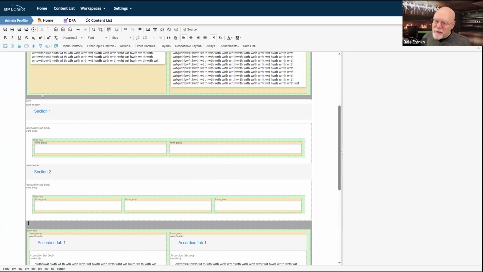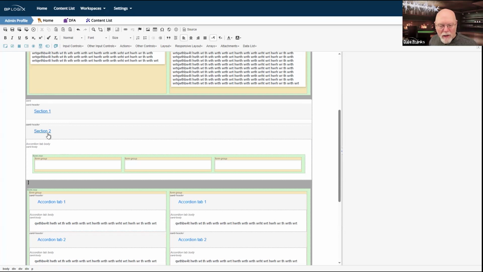I do have, I guess, a little bit of an argument with how they work in terms of their height. Because I've thrown these two section controls.